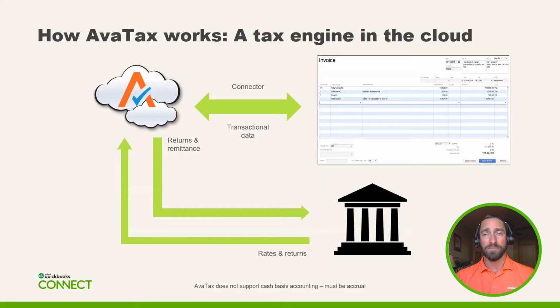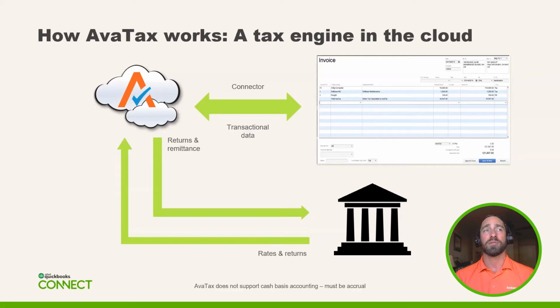Once you put in an invoice and you're shipping a product to a state that you are registered in, when you go to save that invoice, and it can be done on an estimate, sales order, quote, or an invoice, when you save it and it's in a state you told us to collect or remit sales tax in, it will reach out to our tax engine, represented by that A in the cloud. And then in real time, we will properly assign the rates, properly assign the rules, and put a tax determination back onto the invoice in under 0.2 of a second. Now, there's a lot of things that happen in real time, and I'll show those on the next slide.